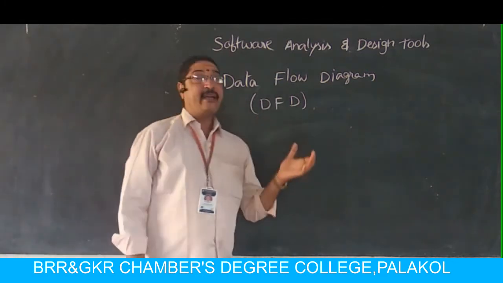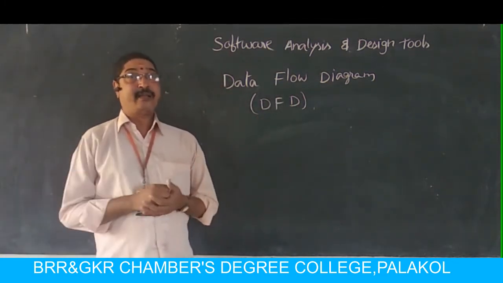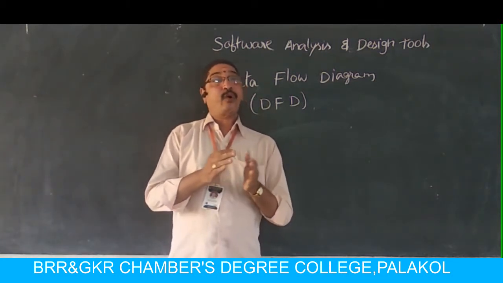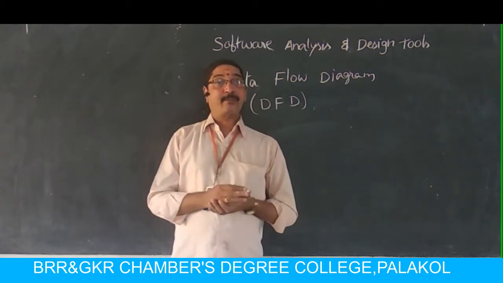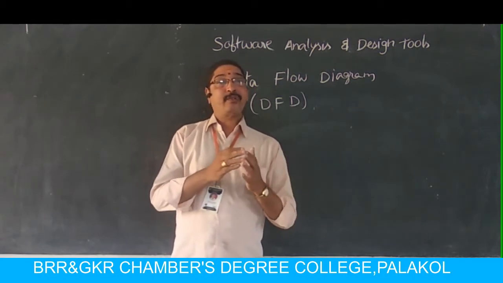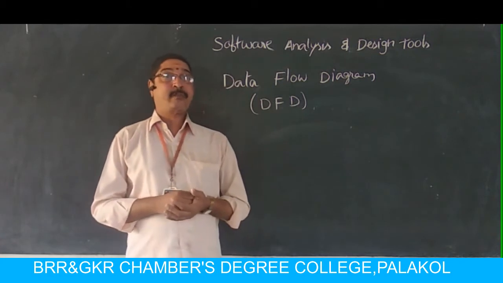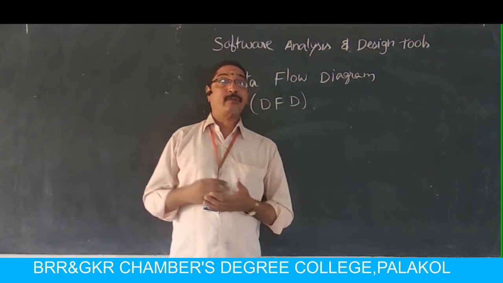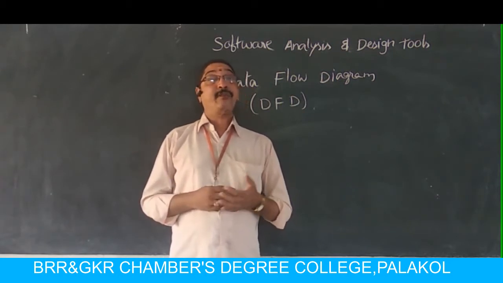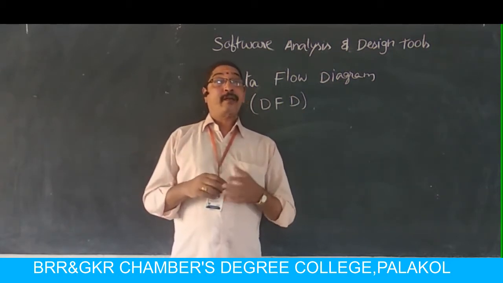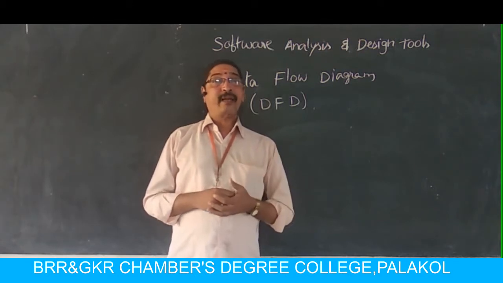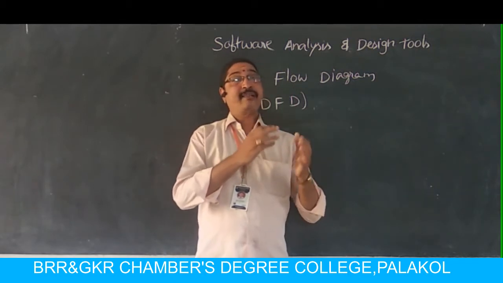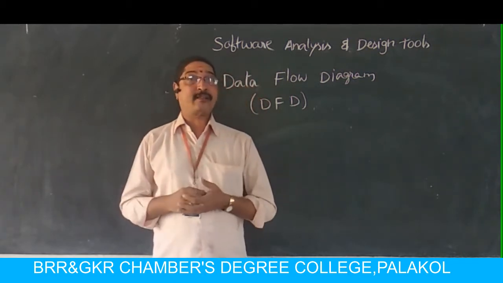Data flow diagrams contain various symbols. This will show the designer the flow of data inside the system: from where the data flows and to where the data flows, and which is the data store, where data is stored and where it moves. All these details will be represented in the data flow diagram because in the designing stage, the developer will identify what data will be used in this project.